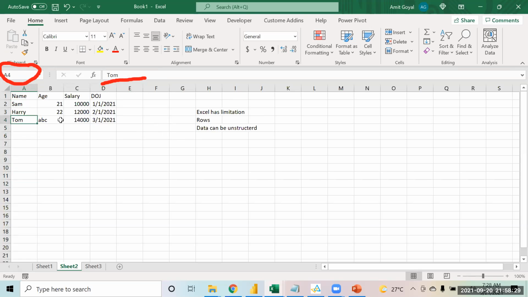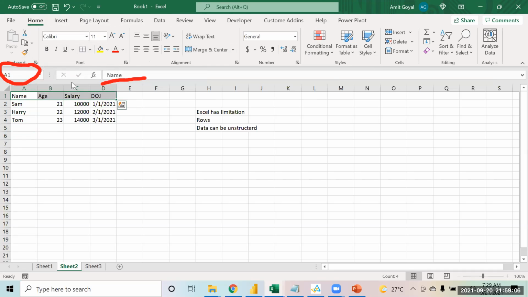So now over here, if you want to do some basic formatting, right? So we will go tab by tab over here and we will try to see some of these options over here right now. So if you have to do the formatting in the Excel, if you come in the home tab, now home tab is something where you will just find stuff related to the formatting. Suppose you want to make the text bold, right? You have the bold option. You want to change the font. You want to increase the font size, decrease the font size. So all the formatting options related to the font are available over here.